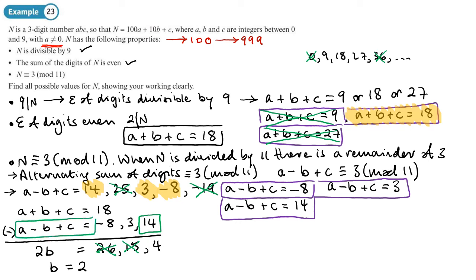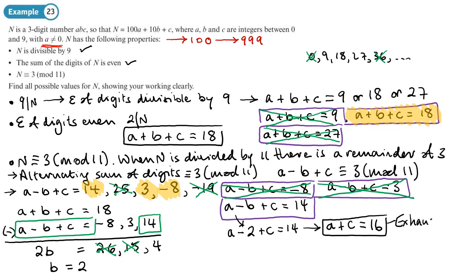So now we can cross out the equations where we don't get solutions that work. So we'll cross that one out there, and we'll cross this one out here. So now we know that the middle digit of our 3-digit number is a 2. So we know that b is a 2, like this. Okay, so from that we will have a plus c equals 16. So now, by exhaustion,